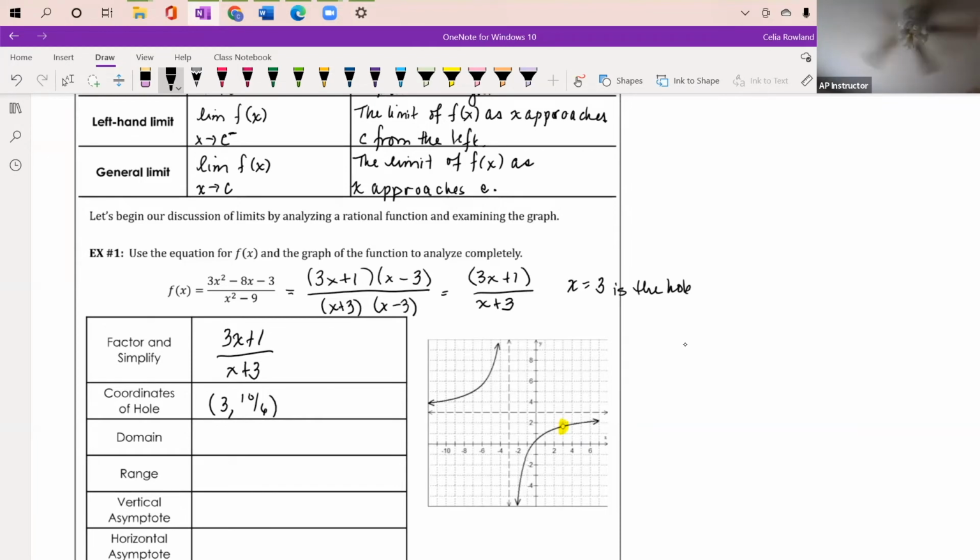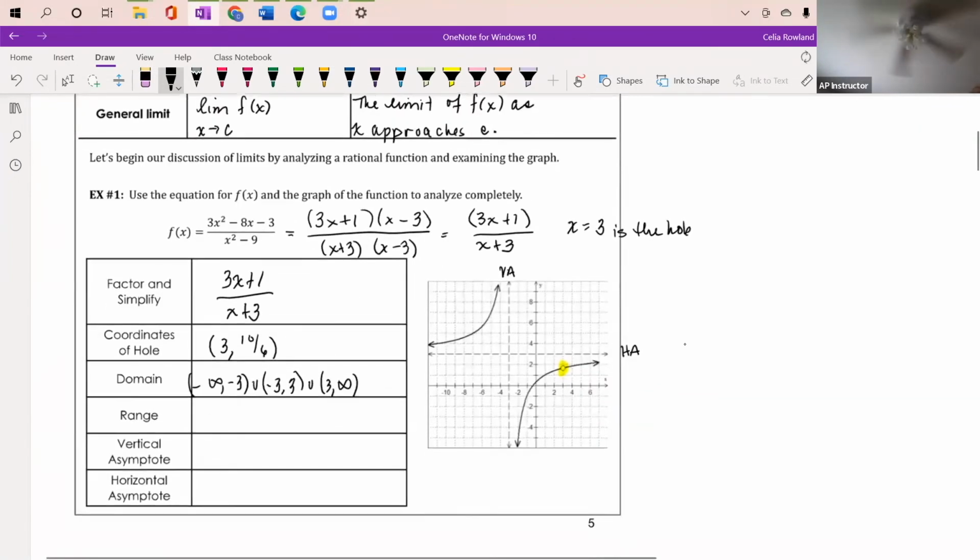So the domain is everything except the vertical asymptote and the x coordinate of the hole. So we go minus infinity to the vertical asymptote at -3, union -3 to the hole, which is 3, union 3 to infinity. The range is going to be everything except for our horizontal asymptote and our hole, the y coordinate. So we're looking at minus infinity to 10 over 6,